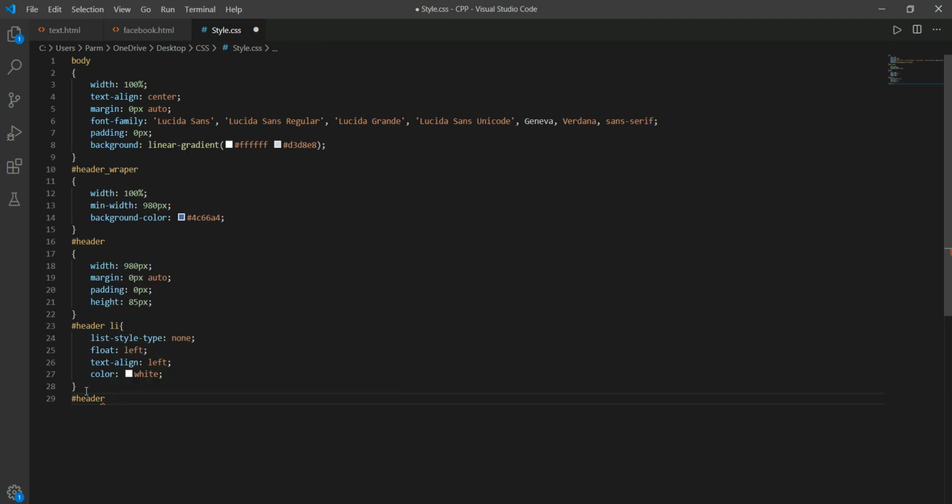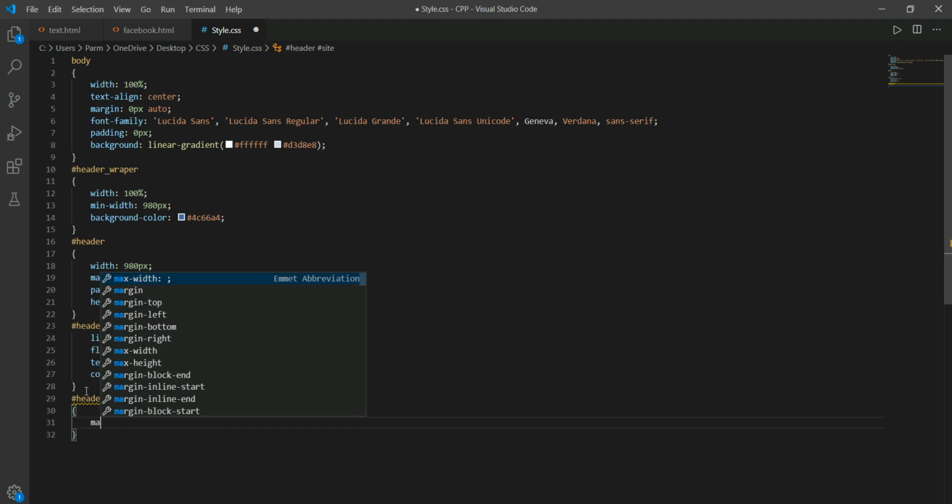I'm just going to create another ID. I'm taking the ID header, and within this I'm creating another ID, and to this ID I'm giving the name, say, site. So I'm giving the ID as site, and here I'm writing margin top 25 pixels.